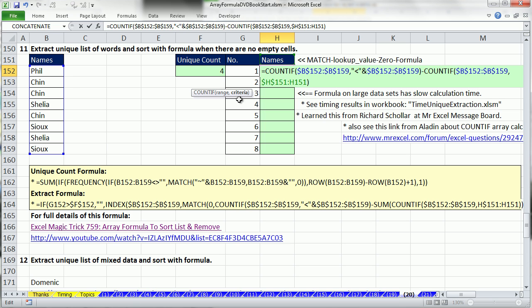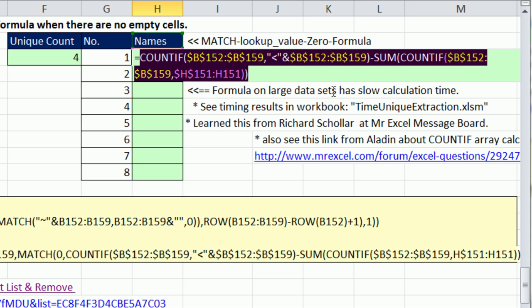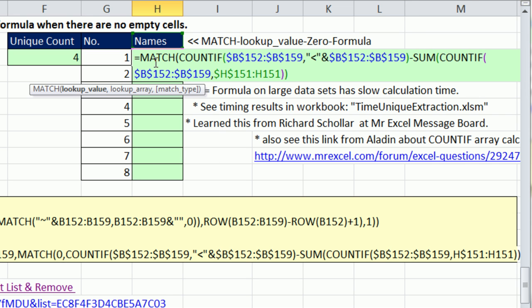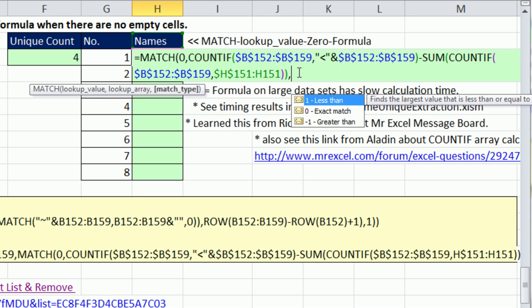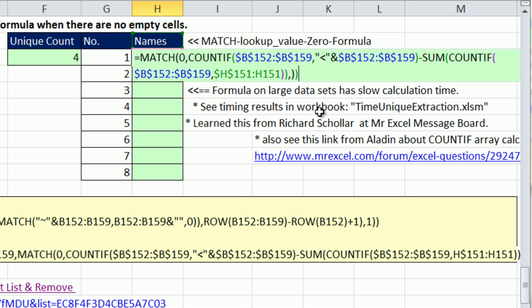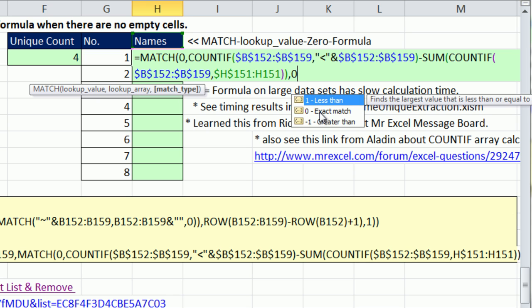What's 3 plus 1? It's 4. So I simply need to add a sum around the COUNTIF. Now, this is an amazing little construction right here. As we copy it down, the array of numbers containing our zeros will be changing. That whole thing right there is going to be the lookup array inside of MATCH. Remember, we want to look up a 0, comma, in that lookup array, comma, exact match, comma, 0, close